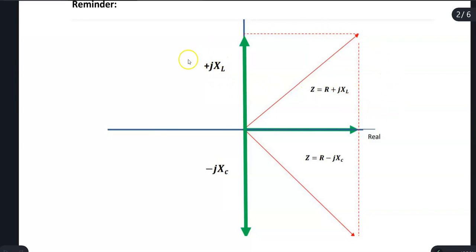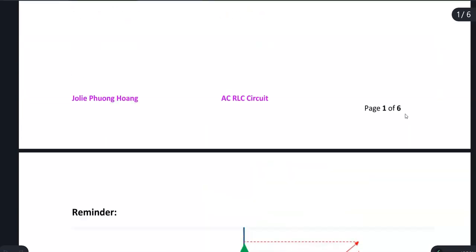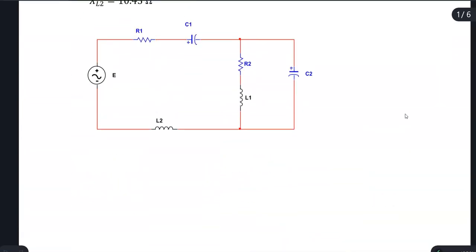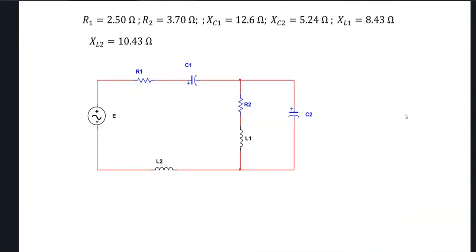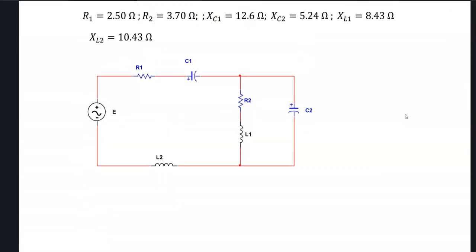Once you have those values, you put them into the impedance in rectangular form, and you see that the XL always takes the positive part of J, and the XC will take the negative part of J. So this mathematical model translates your circuit into a mathematical language, and from there you can calculate